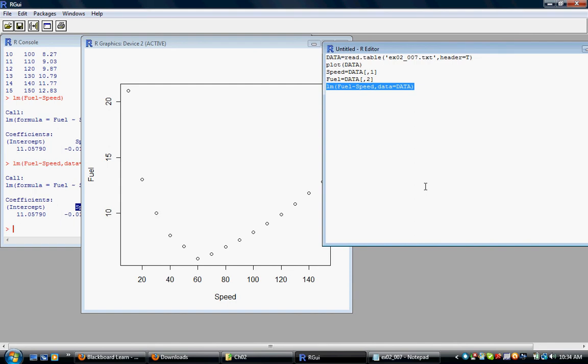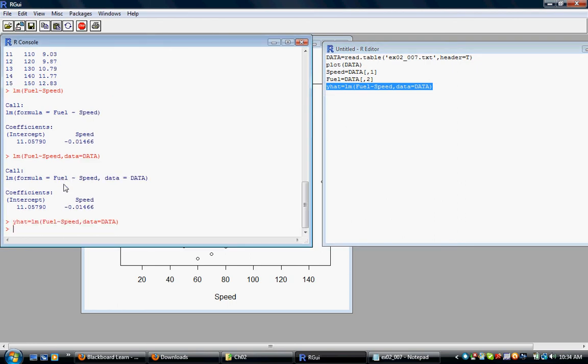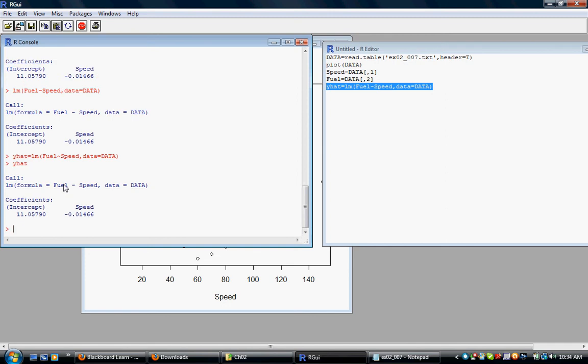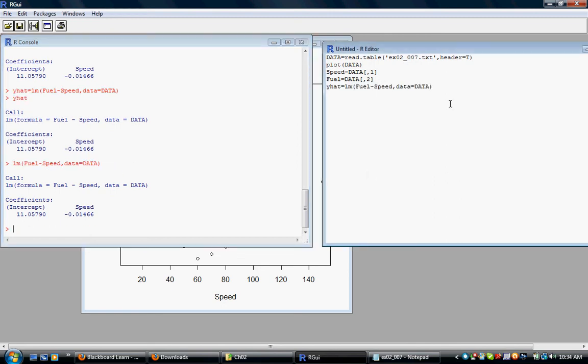You can point this to a variable; let's call it y hat. And every time we type y hat now, it will give us the same thing as if we just type this. Not necessary,